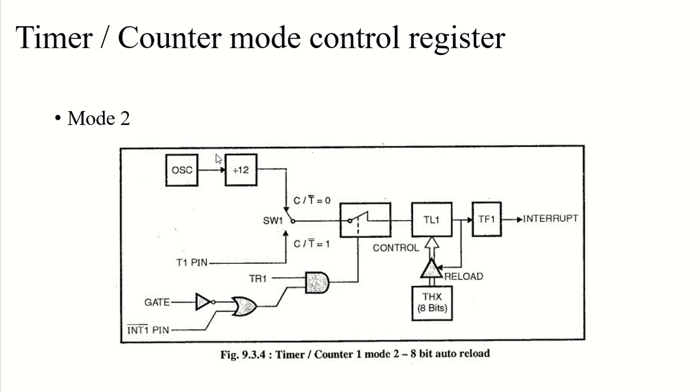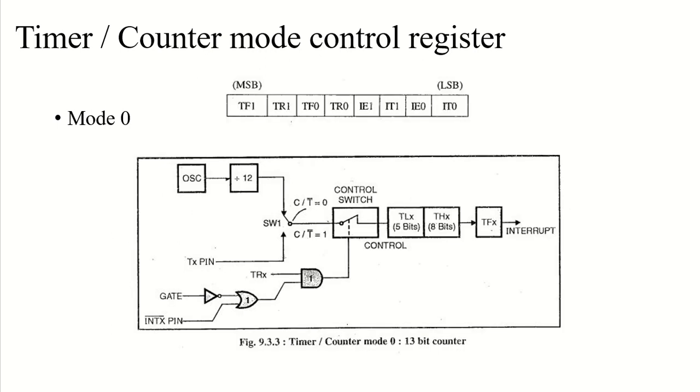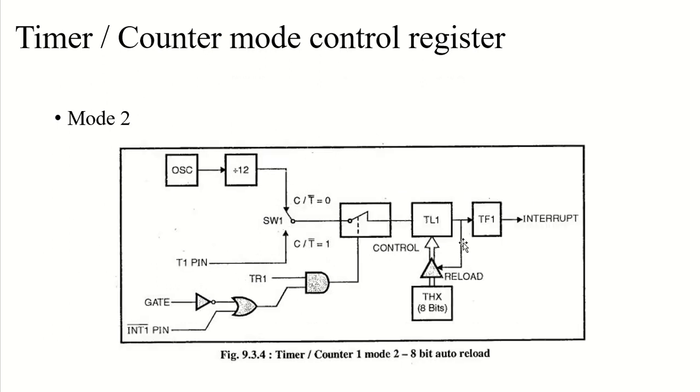Now moving to mode 2. Apologies, I think we skipped mode 1. Sorry, this is not mode 2. This is mode 0, and mode 1 looks the same, except instead of 13-bit, here we have 8 plus 8. Right, it would have 16. And this is mode 2. It is configured as an 8-bit counter TL with auto reload facility. So here we have the auto reload facility, which is new here, and TL1 acts as the basic timer or